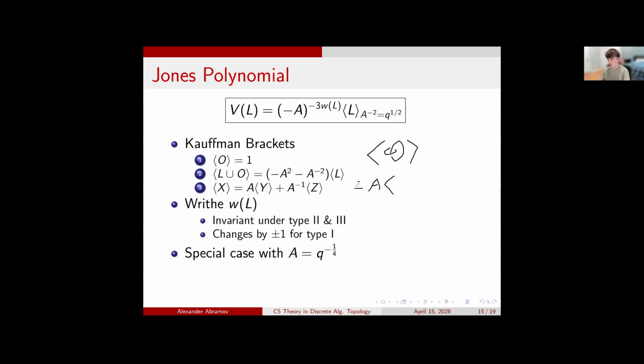So you can deconstruct this Hopf link as A times 0, 0 plus A negative 1